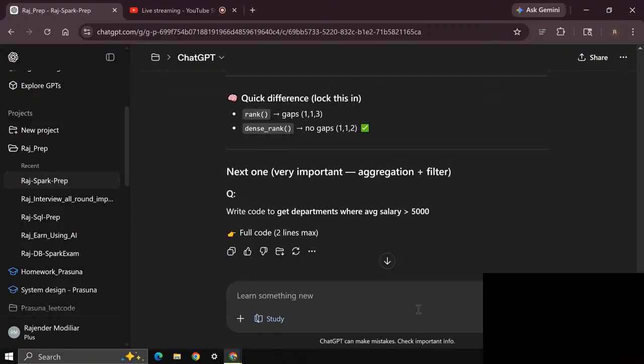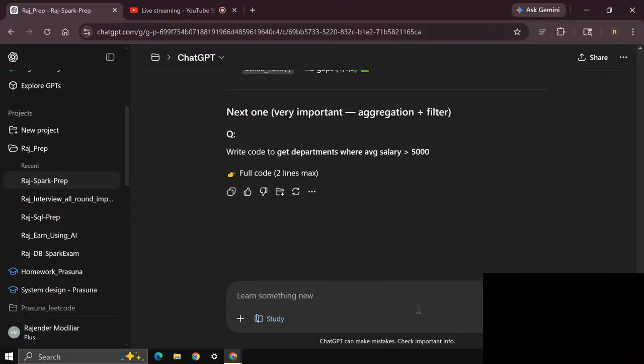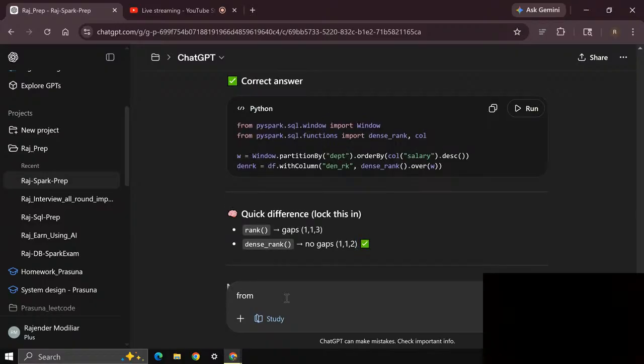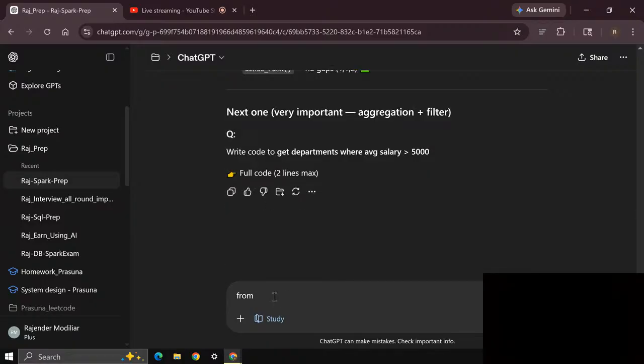We'll start with from pyspark.sql. It is taking a lot of time.